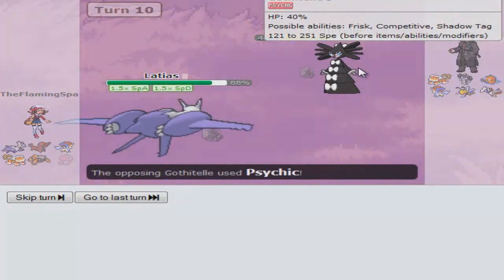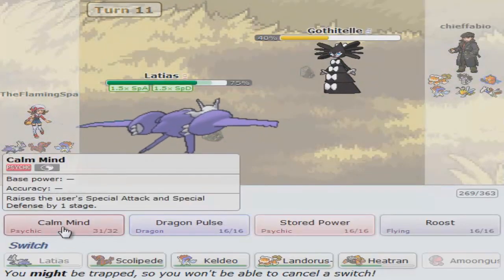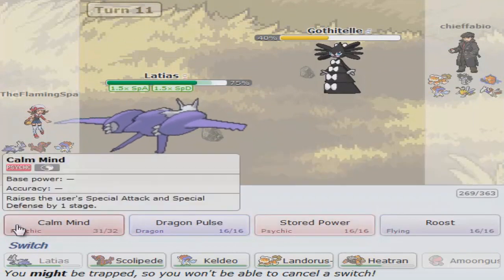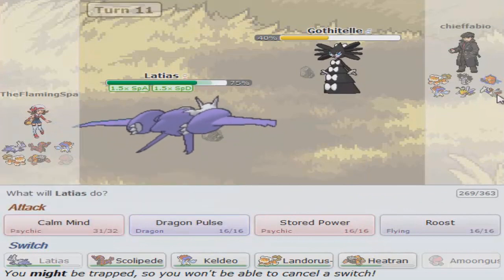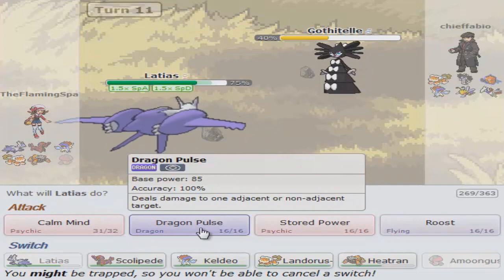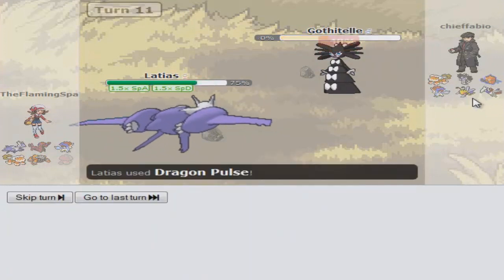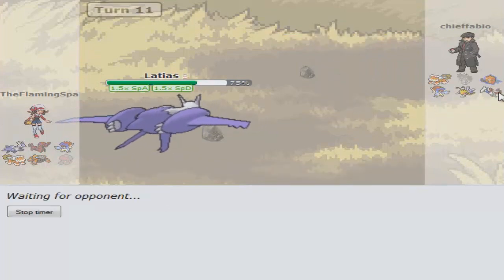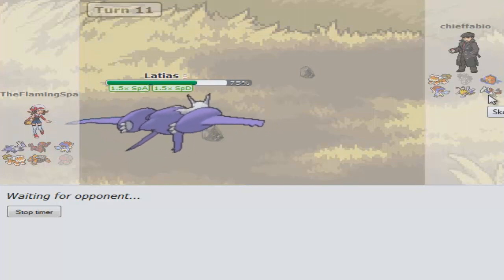Is he packing like Rest? And that's what he's doing. I don't know if I should just go straight for Dragon Pulse. If he goes into Skarmory now, I could get some good damage on him before he goes for the... I really thought he wouldn't let me set up here. I thought he would go into Skarmory while he still can and then just...